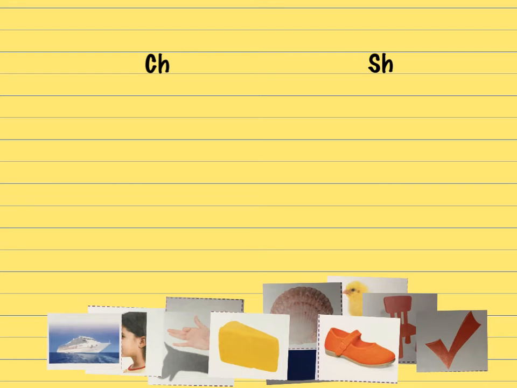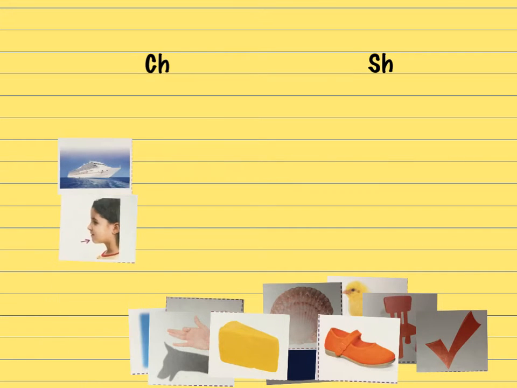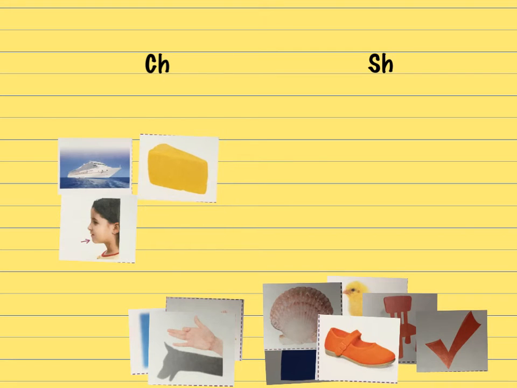For this sort, you will be sorting your sounds into the CH ch sound and the SH sh sound. First, let's take a look at what your pictures are. You have a ship, chin, cheese,